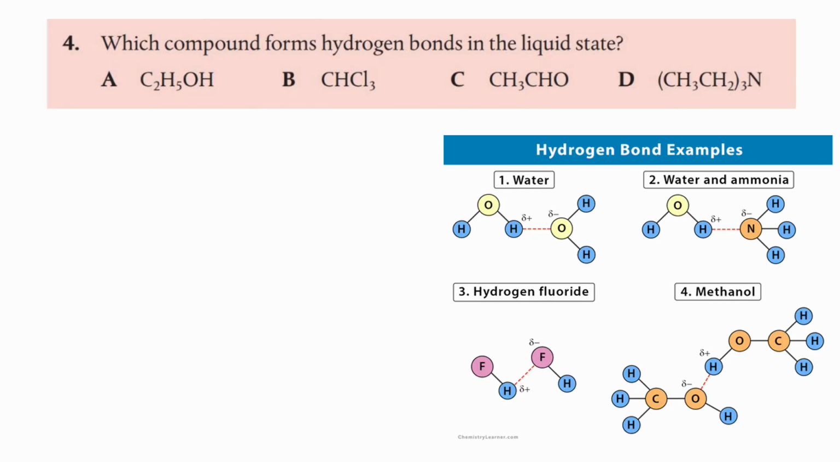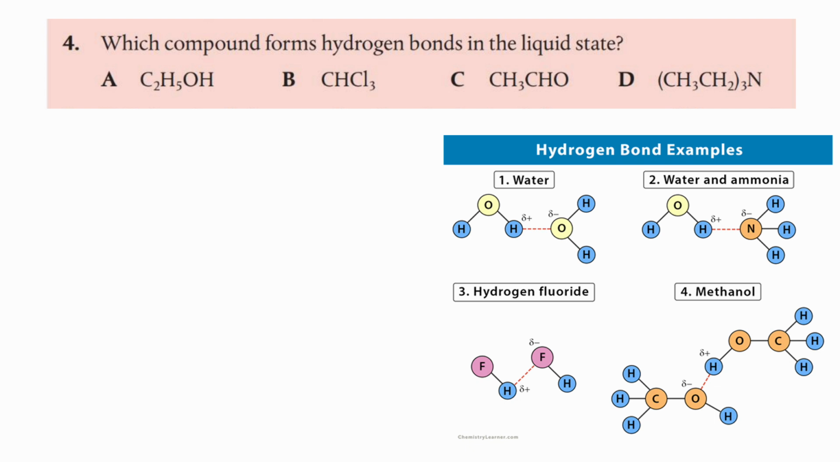4 says, which compound forms hydrogen bonds in the liquid state? Remember hydrogen bonds? Vanessa came up with F-O-N, if you want to remember it that way. Hydrogen bonds only occur when a fluorine, oxygen, or nitrogen is bonded to a hydrogen. And the reason that it partakes in hydrogen bonding is because it's an extremely electronegative element with lone pairs that is extremely attracted to hydrogens and other molecules that are bonded to very electronegative elements and create this really strong